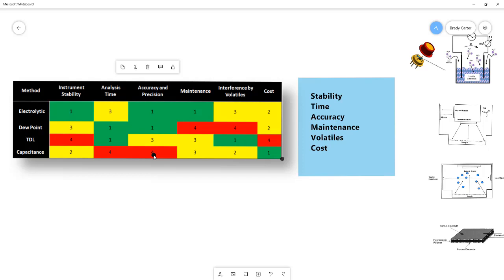And which method is best for you will depend on which of these factors you deem most important. And there are other factors beyond these, like what is the knowledge of the manufacturer, how capable are they of providing application support and answers. Because once you have your water activity value, the next question, of course, is what do I do with it? What does it mean? How can I utilize it? And so that's another factor to consider. That's not method specific, but it is manufacturer specific in their capabilities of being able to help